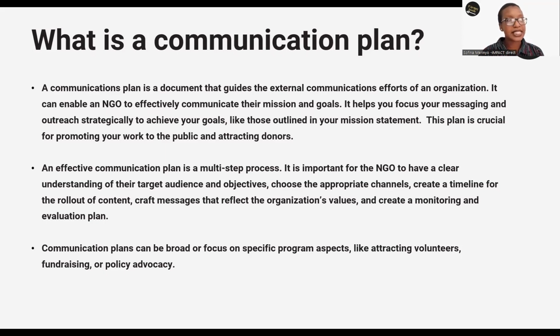And then also to note, a communication plan can be specific. What do I mean by this? So say, actually, allow me to go back to the COVID period. So during the COVID period, there was a lot of communication around hand washing. And so you see, that was very specific to that period. And, you know, as organizations, we really had to maneuver around the global pandemic to see how we can reach our respective communities and share with them information on how to stay safe. So that's one way. Communication can be specific. Communication can also be general. You know, sometimes you just want to let people know what you're doing. So it's very general in that nature.